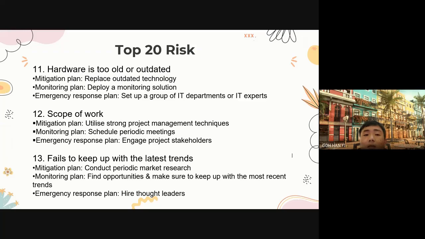And the mitigation plan for this risk is that a company may conduct periodic market research to determine new trends and consumer preferences, and revise the product lines. To keep ahead of the competition, a company should encourage its staff to suggest and investigate fresh ideas, technology, and